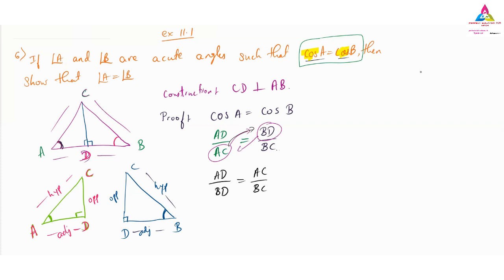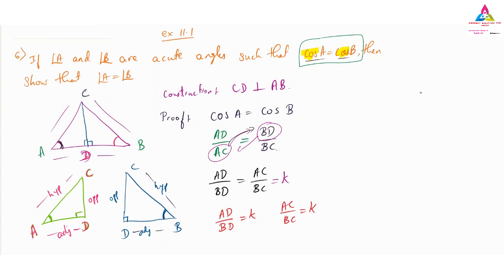No, sir. Okay. So next I will take this whole equation as one simple value K. Here AD by BD is equal to K, and AC by BC is also equal to K. This is how to remember. Now I will write it down separately. I will write AD and BD as they are, which is equal to K. Similarly, I can write AC by BC is equal to K. So this is the one arrangement I have done.